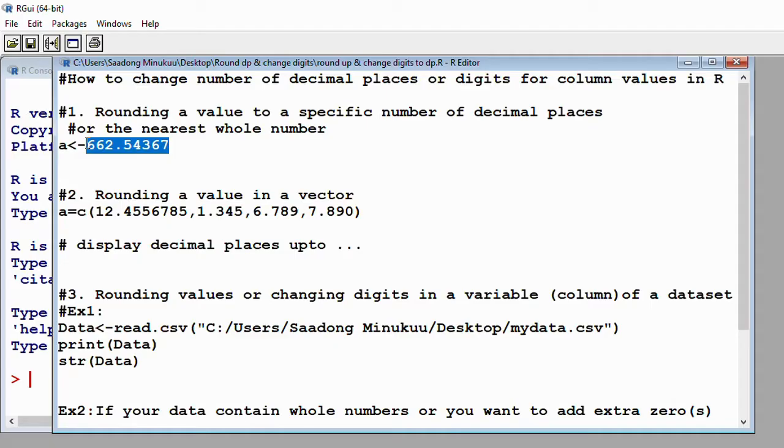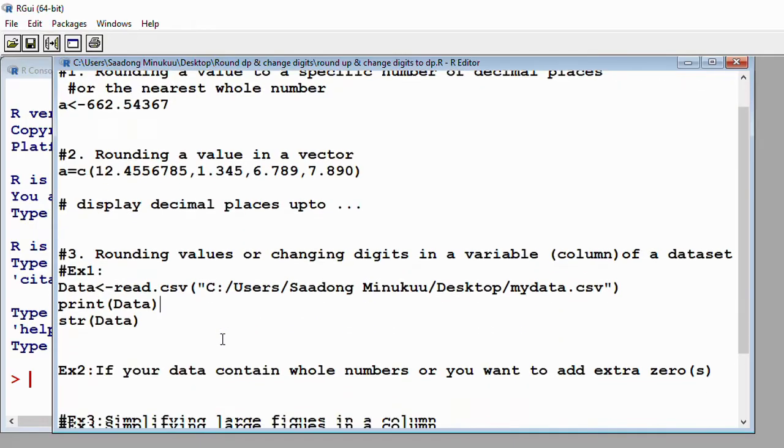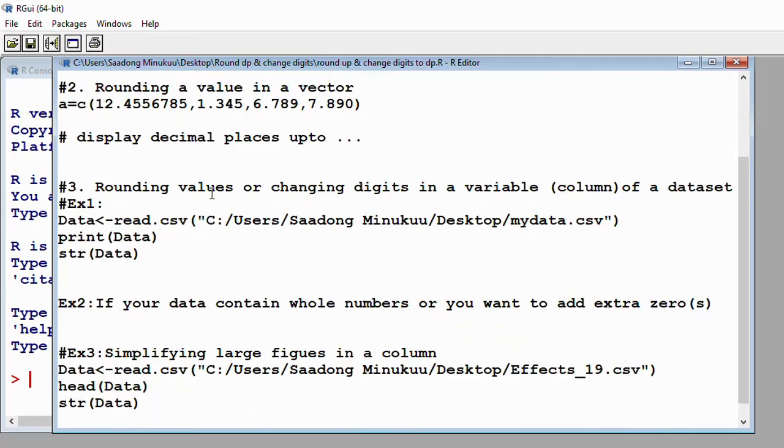Then we graduate to looking at how we can round up values of a particular numeric variable or column within our data set or data frame into a specific number of decimal places. And among the examples under rounding up values within a data frame, we finally look at how we can